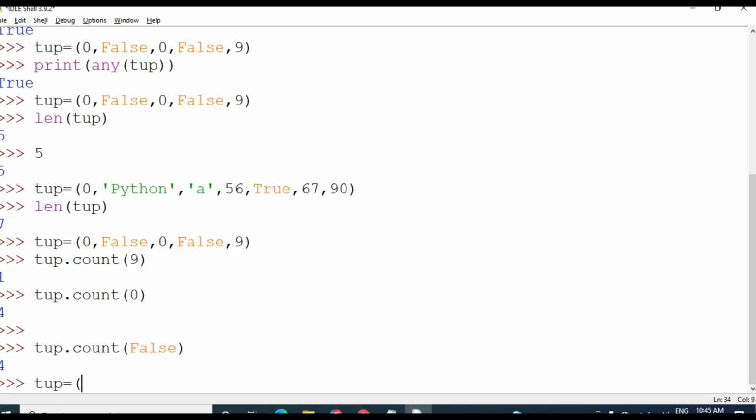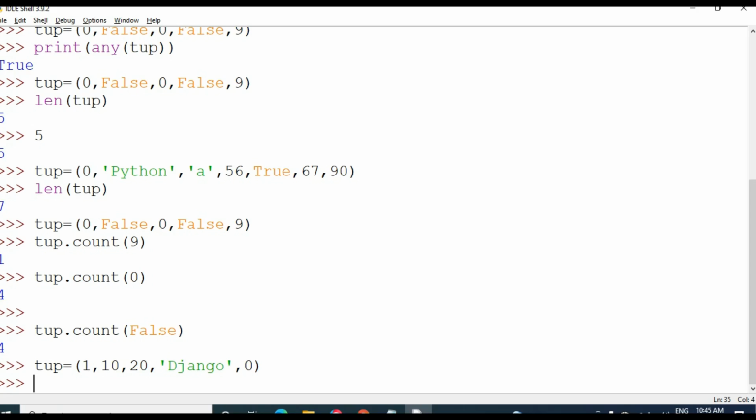I am taking one more tuple. Suppose 10, 20, 10, Django, 0.